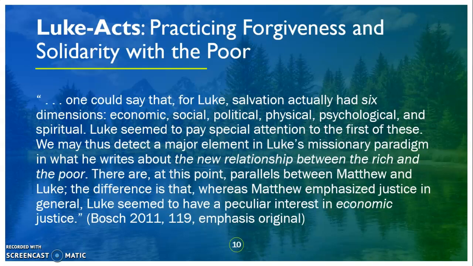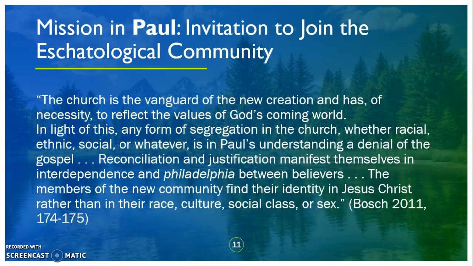If you study the Gospel of Luke and then compare it to Matthew or also Mark, you will find that there is a greater emphasis in Luke on marginalized groups in society. And that would be a fascinating study that could then also inform your own approach to missions and to your ministry. And so then after Matthew and Luke-Acts, the next example that Bosch gives us is mission in Paul,